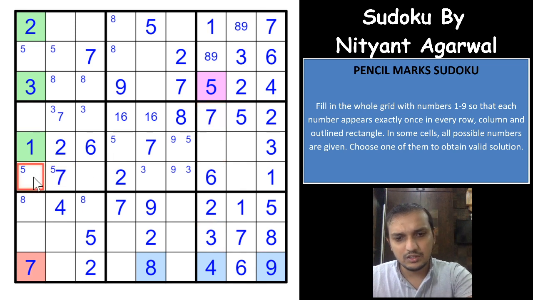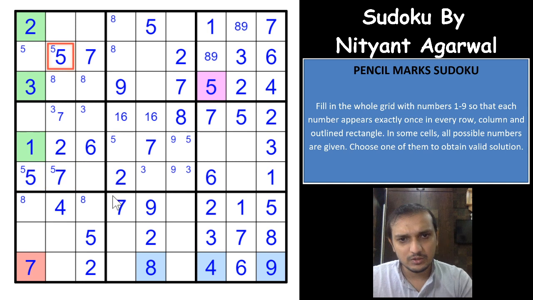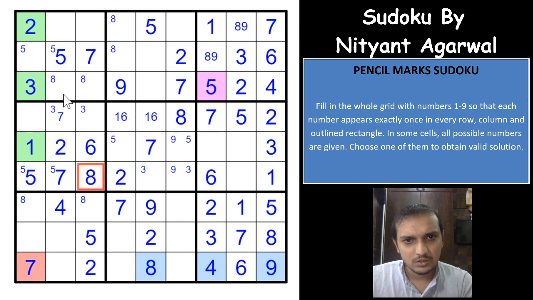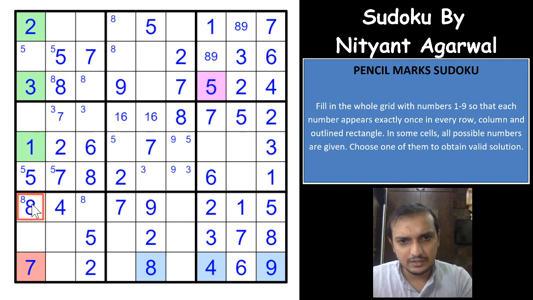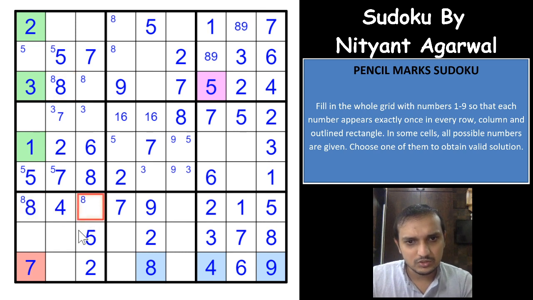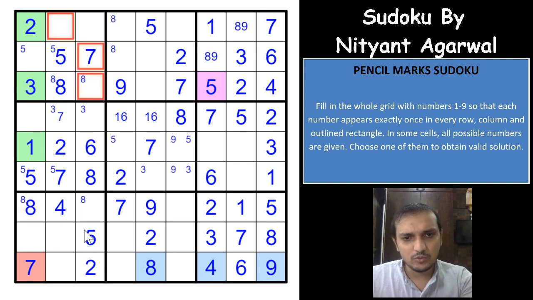That gives you a 7 here, a 5 here, a 5 here, an 8 here, an 8 here and an 8 here. Wow. This is getting done. So that gives you a 1 here. Because of 1 not being here and not being here, you get a 1 in one of these two cells. That gives you a 1 in these two cells, and because of the 1 here, you have a 1 here.